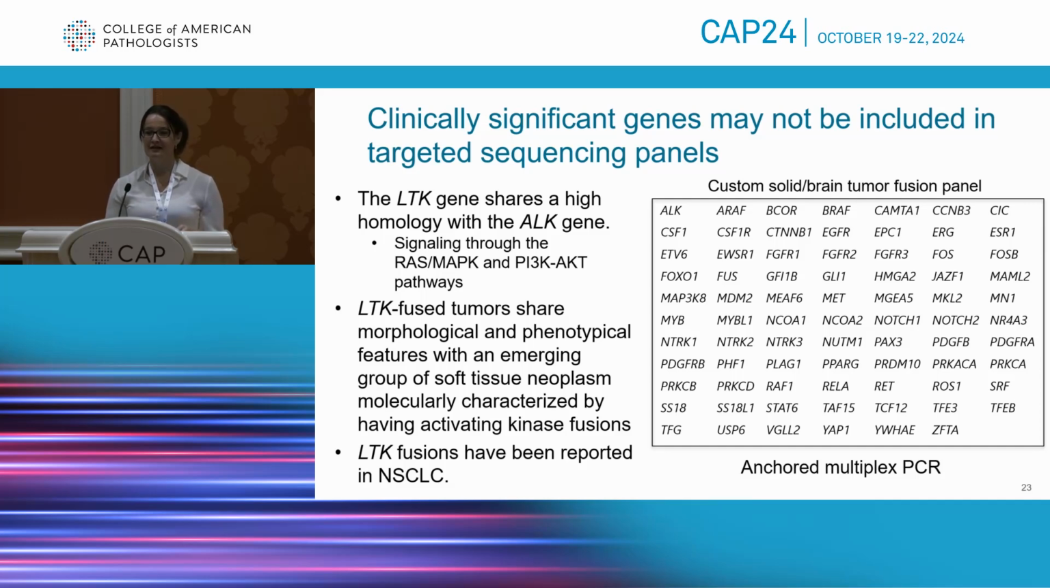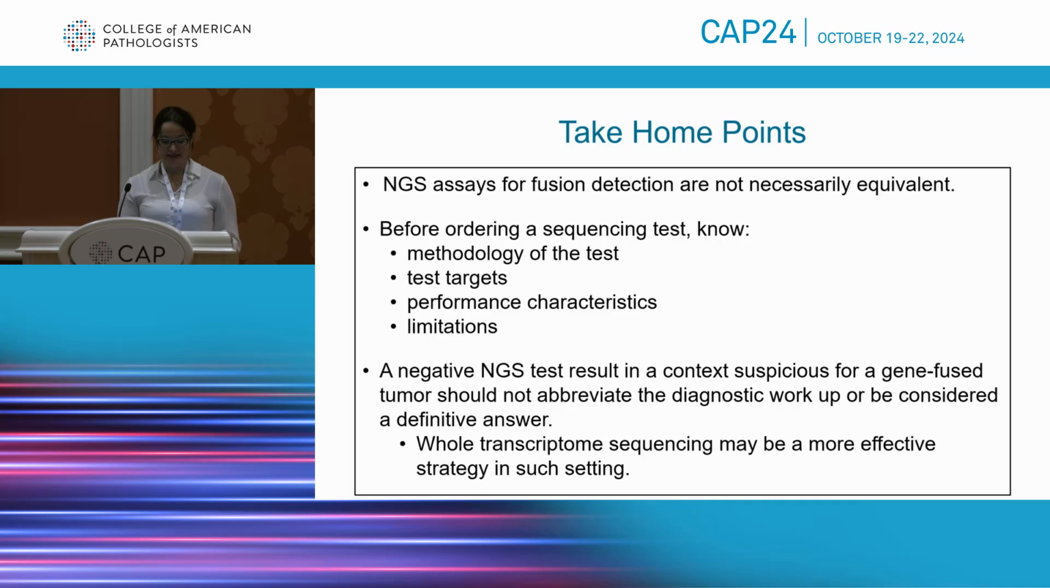If we had used this targeted panel, we wouldn't be able to detect that particular fusion because neither LTK nor MYH9 are actually targeted by the panel. So whole transcriptome sequencing can be quite helpful when you're testing something that can be more unusual like that. So I think for this part, I wanted to make sure that you understand that the